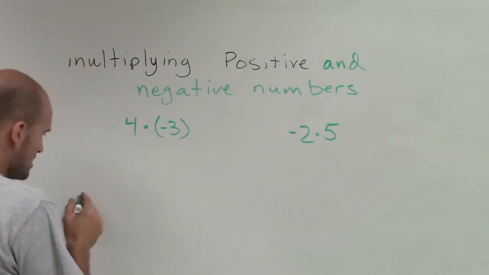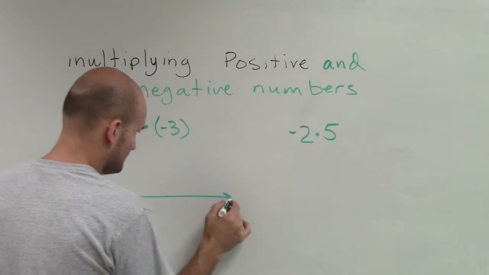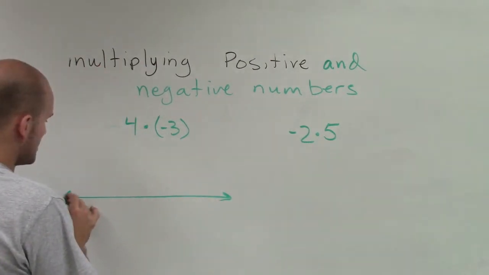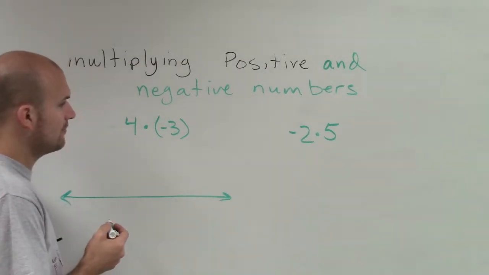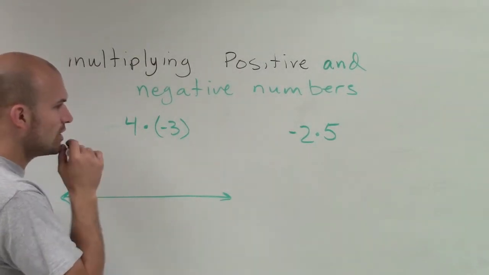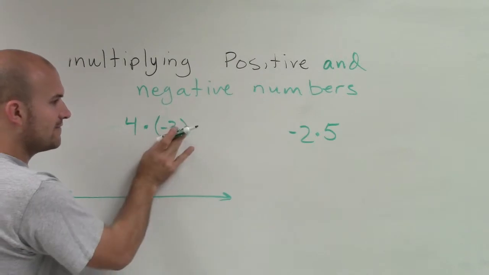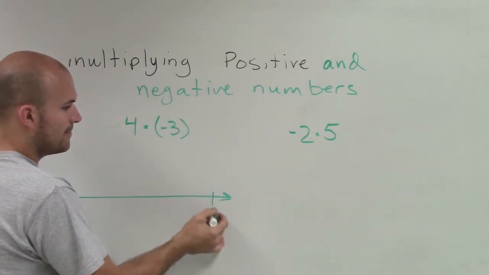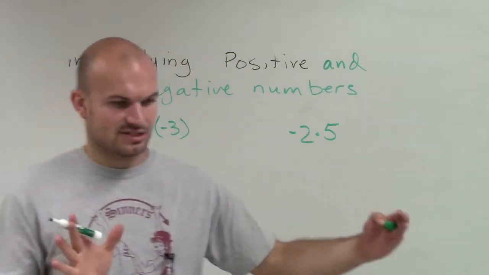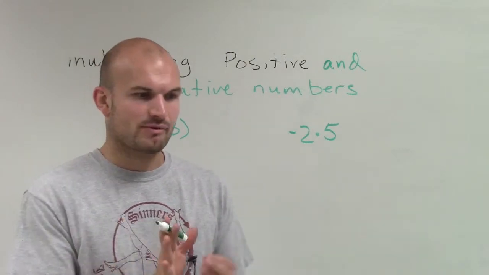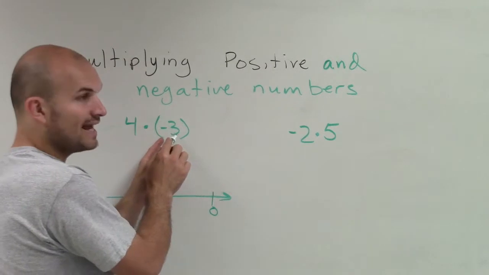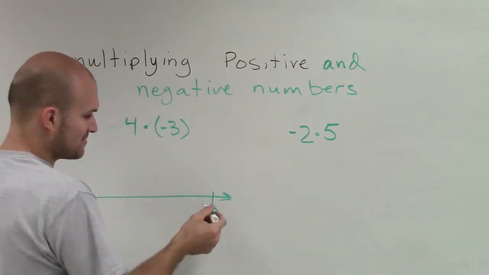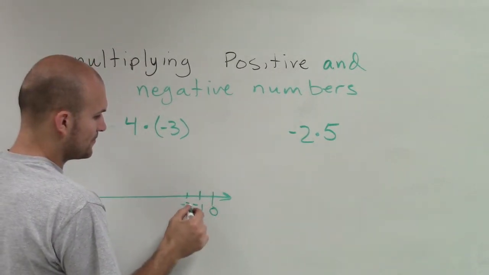I'm going to use the number line to do this one. When we talked about multiplying positive numbers, one thing that we looked at was taking sets of your distances, right? So when we had positive numbers, we used distances to the right. Well, now I have a negative distance, and I have 4 sets of them. So what I'm going to do